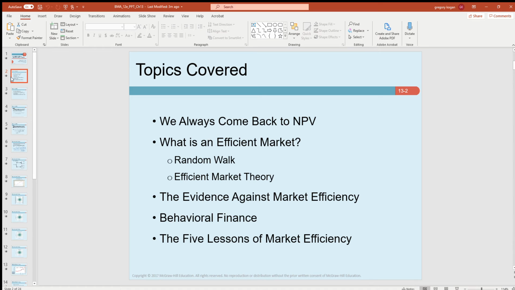This is the idea that all the information is already out there, and buyers and sellers are rational actors. Based on all the information being out there, they do their research and understand the probabilities of all outcomes and the related financial implications of all probabilities, and then based on this they make their buying decision. This is obviously mainly related to NPV, net present value, as it relates to buying or selling stocks, and basically saying that